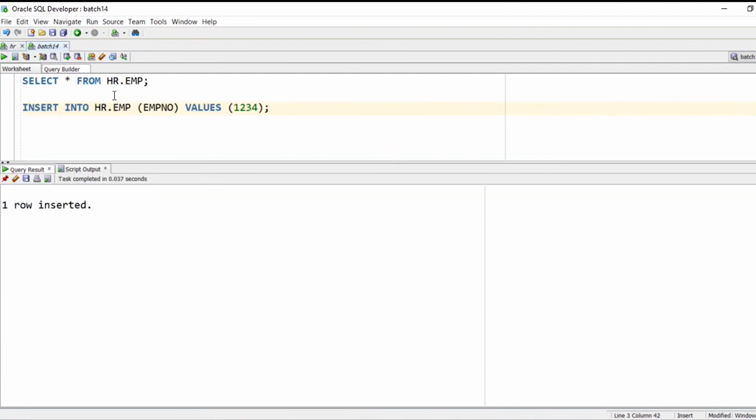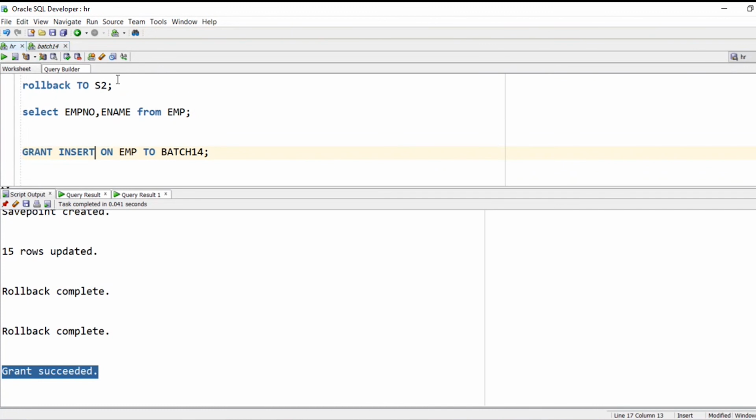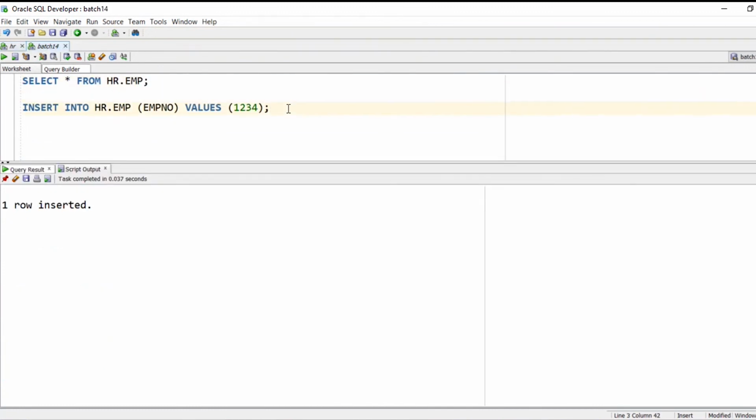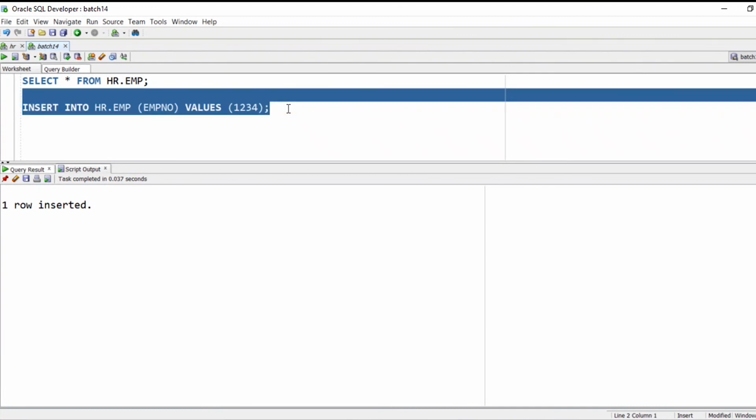Because this user has the admin access, he is able to directly access this component. He is the admin, right? We provided yesterday batch 14 as an admin user. So he may access all the components of all the users at admin level. He's a boss. You got it, right? I cannot roll him back. It's because we have given him admin, so he's able to insert the data into